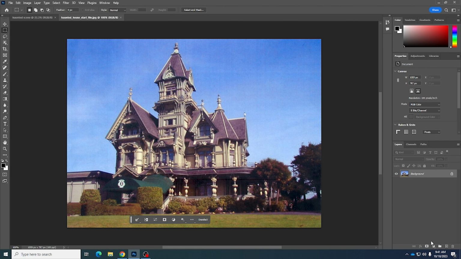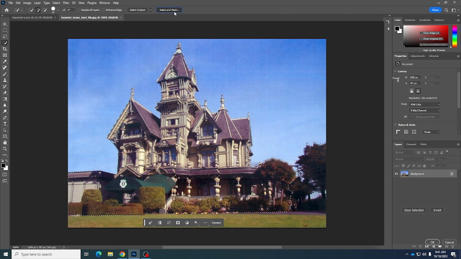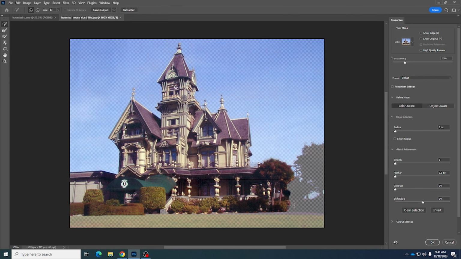So to get the rest of that, I'm going to grab the Quick Selection tool. Make sure we're on Add to Selection. I'm just going to click and select this little side house, maybe that's a garage, and some of this landscaping, shrubbery. Okay, maybe get the palm tree and that bush. Okay, that's good enough. So if I select and mask again, all right, that's more of what I want,